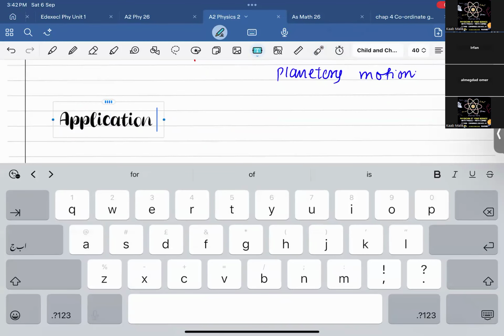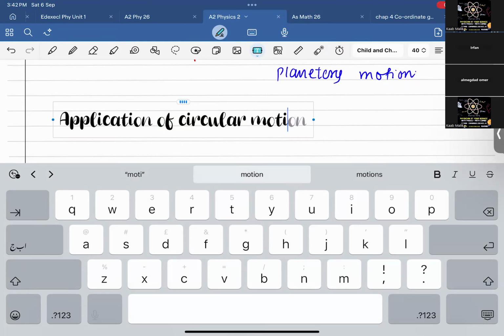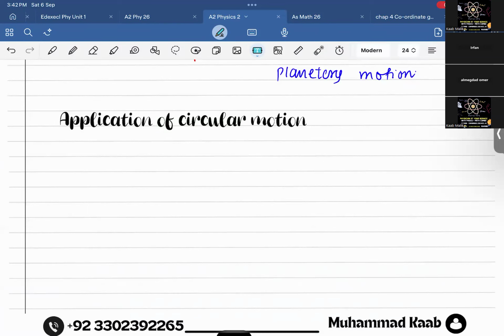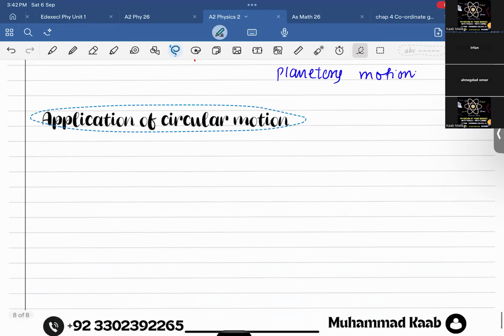Application of circular motion. Okay, fine. So in this portion, we'll be looking at how the circular motion concept is useful in different motions. Okay, so let's say if I have the vertical circular motion, the first case as